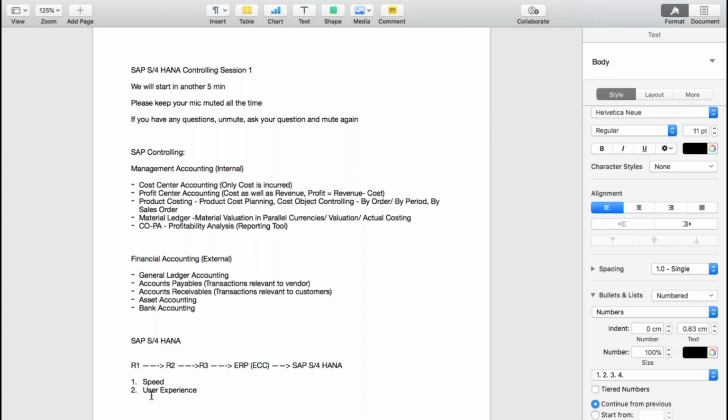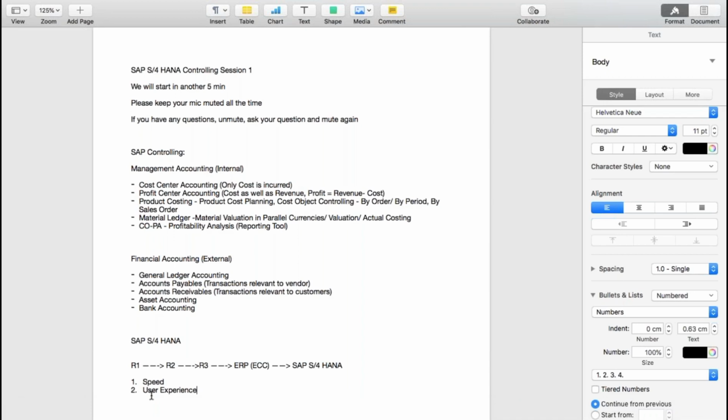But for SAP, if you talk about ECC, if I want to do a single transaction, is it possible through mobile? Very difficult, right? I need to be in front of a PC, I need to go to the particular transaction, and that transaction also has more than 200, 300 fields. As a user I might get confused about which fields to enter and which fields to keep blank, right? So those are the challenges.